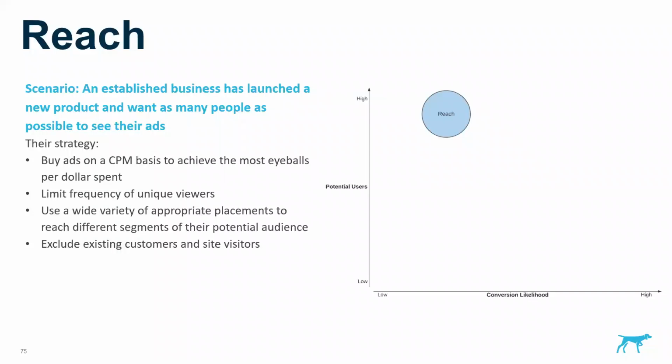They don't want people who are already engaged with their brand. They're going to use their customer list to say these ones have already seen this. Once they've seen the ad, once they've clicked through, we don't want to pay for them to see it again. We want to pay for someone new.